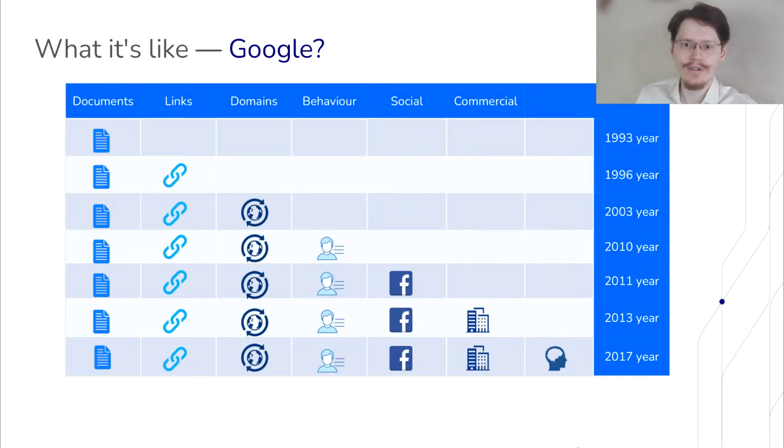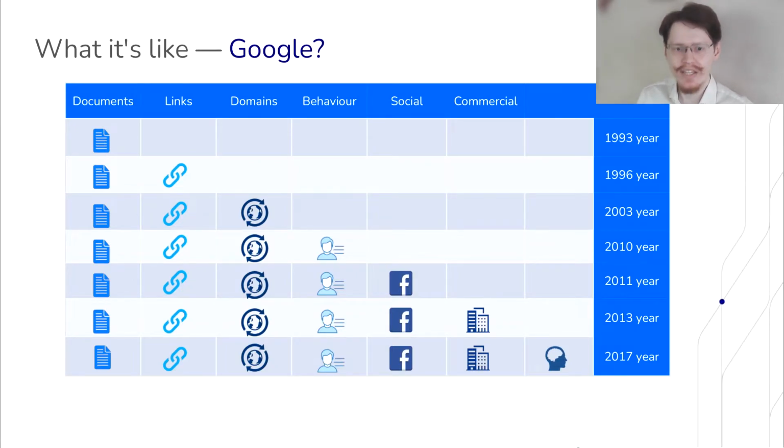It is a bit interesting to talk about how those specific factors were developed, because in the year 1993, when Google was just a service to look through the documents, there weren't so many factors at all. They started appearing year by year. Google starts looking for links on specific websites, like for example, if some document is heavily linked, that means that people are sharing this document, it means that it is very important.